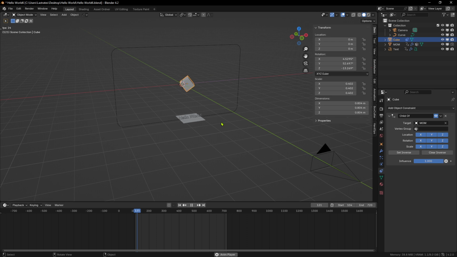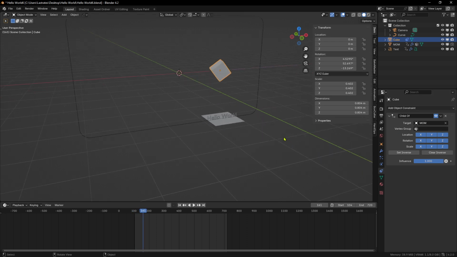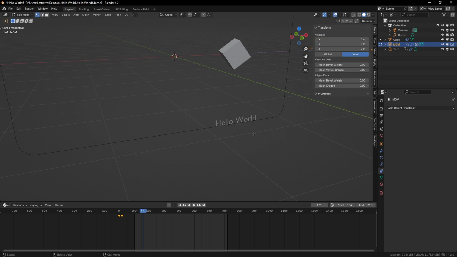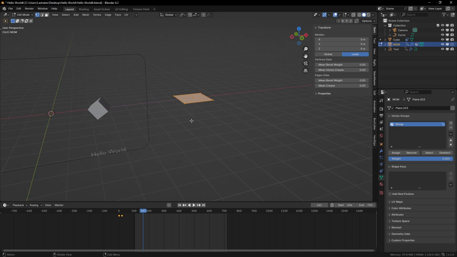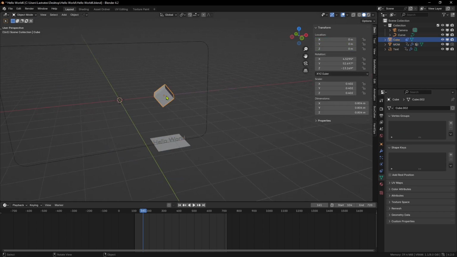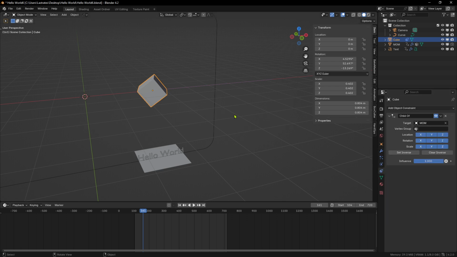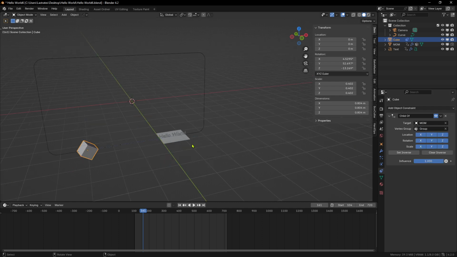And when we play the animation now, it still doesn't work because we now have to choose the group we set up earlier. If you remember, this one here, the mom plane. When we go into edit mode, we set up the group at the beginning of this video. So that's important. And this group we need to choose now under the constraint tab here. Again, constraints, we have selected mom and the plane here, and then we have to select the group too. So now when we play the animation, it actually follows the